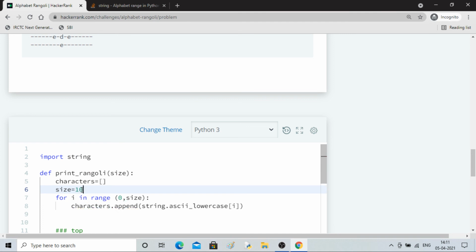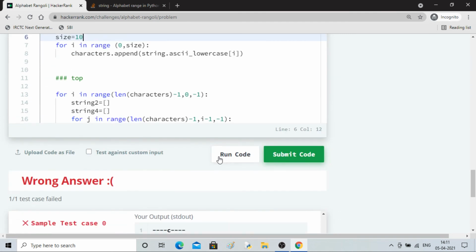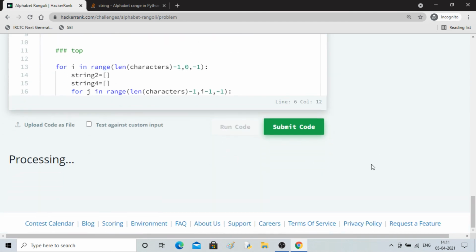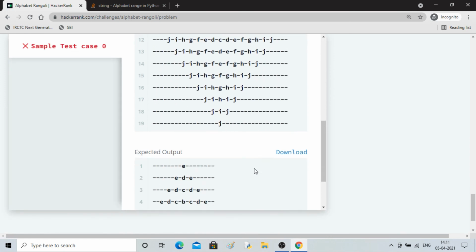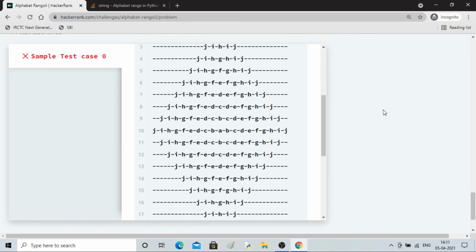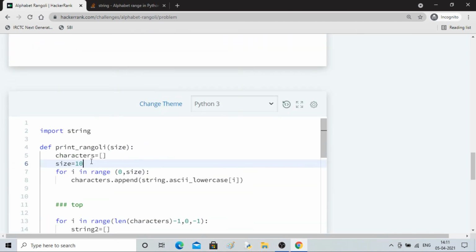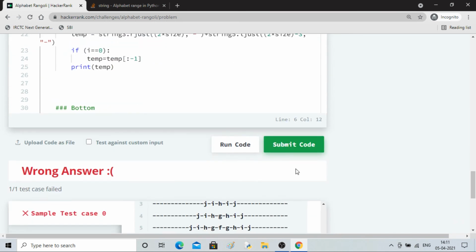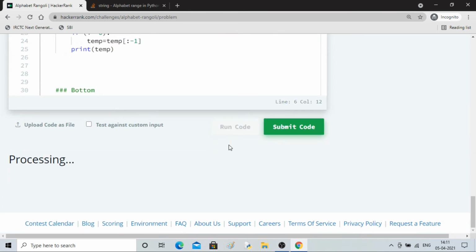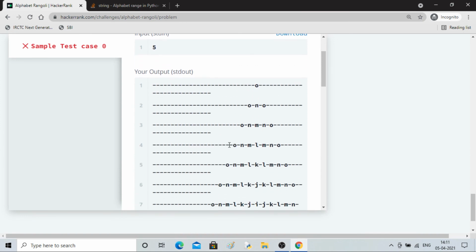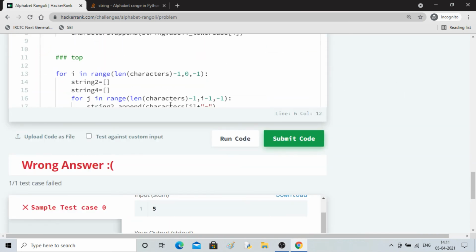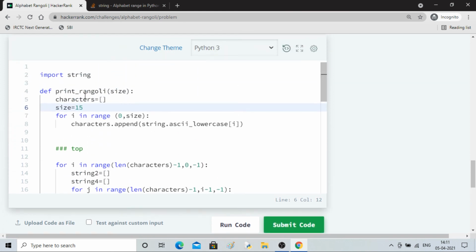Size is 10. I'll write the constraint as well. Whoa, awesome Rangoli. So it is working fine. Let me do it for 15. It will be bigger. So we have generalized it. We have taken all the cases, right? I'm not able to accommodate 15 here, so 10 is fine, I think. So I'll write the constraint as well.